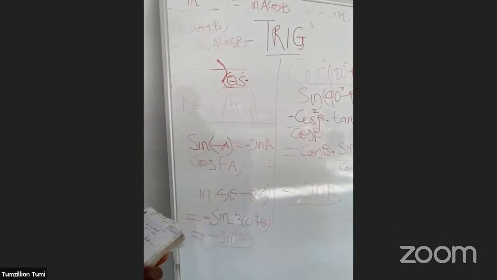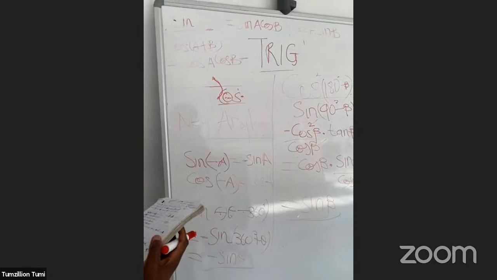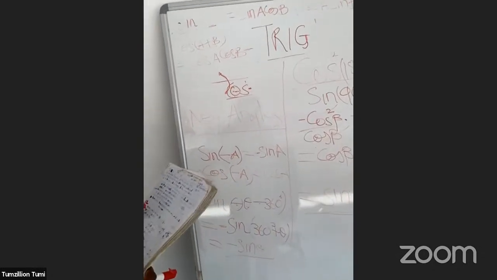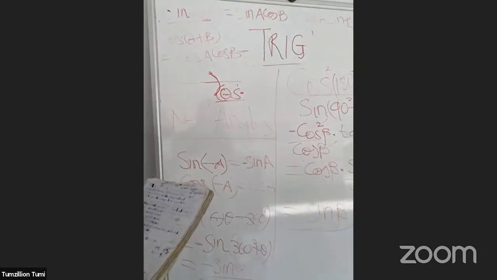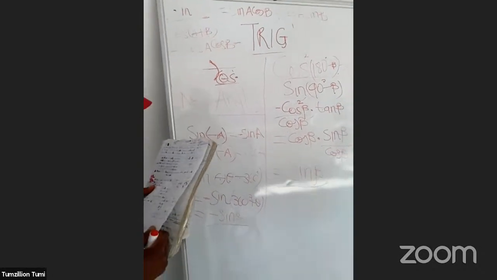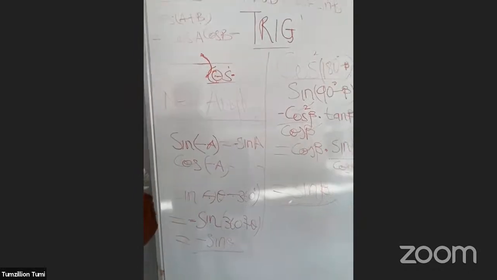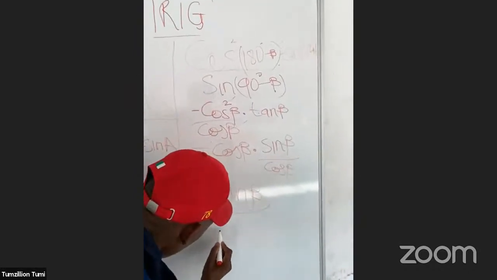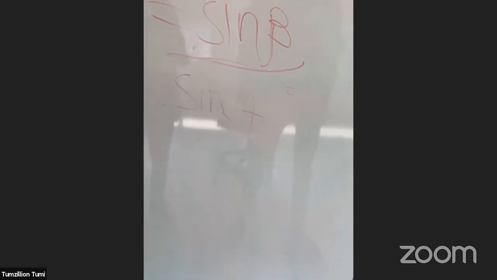Now I want us to look into one last example that I want to deal with you, and then we'll look into the questions. Let's do this example quickly, because sometimes you get these questions in your exam and it's as though you don't know what to do. Look at this. If we have sine of 40 degrees, as an example, just on the side, sine of 40,